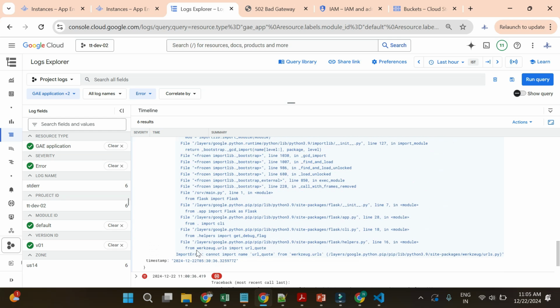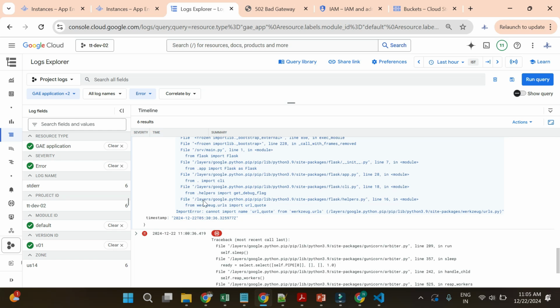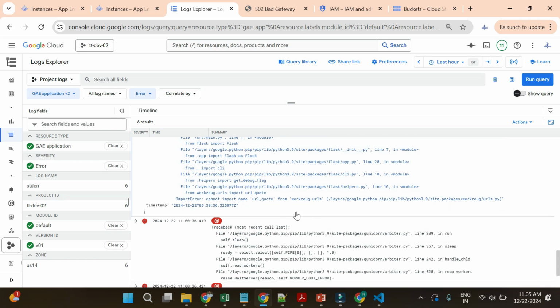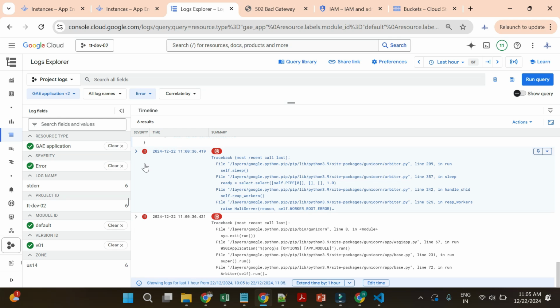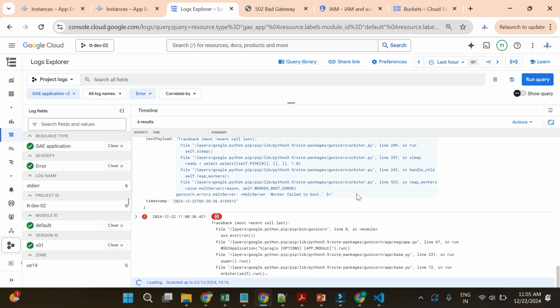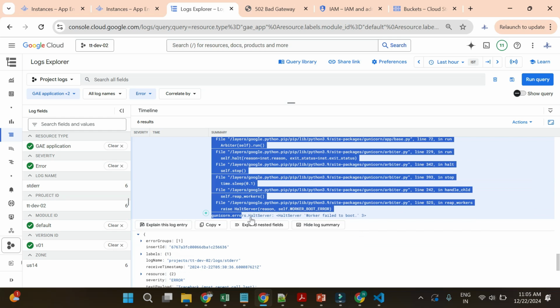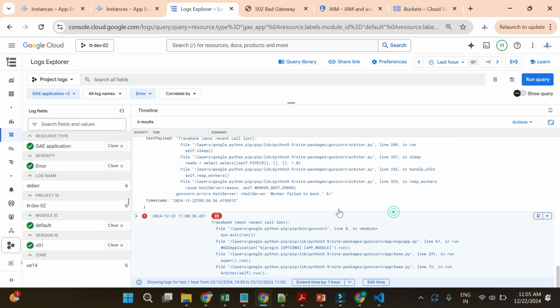Because the deployment was successful, we are getting the error while accessing the application. While accessing the application it will create the server at the back end, and it is facing the error at the boot time of the server. Okay, so all these things we can check in the logs. Now, based on this error, I think this is related to the deployment,